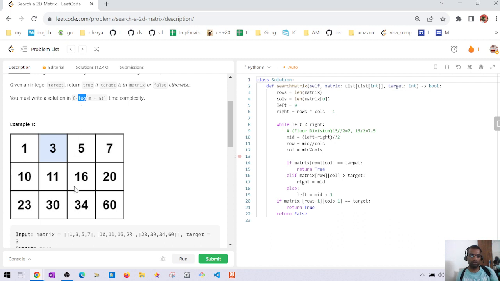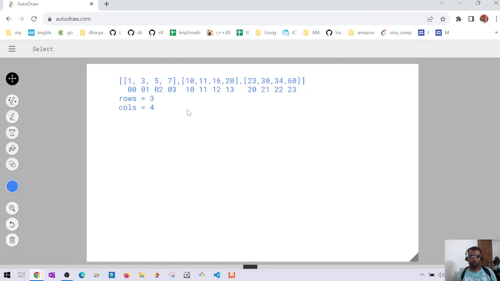So this is simply a binary search problem because all the elements are in ascending order. That is, this is a sorted array. So what concept we are going to use is, instead of matrix, we are going to consider this as a linear array. So let me go on to the auto draw. So here we have this matrix that is 3 rows and 4 columns, and we will be considering this as a sorted